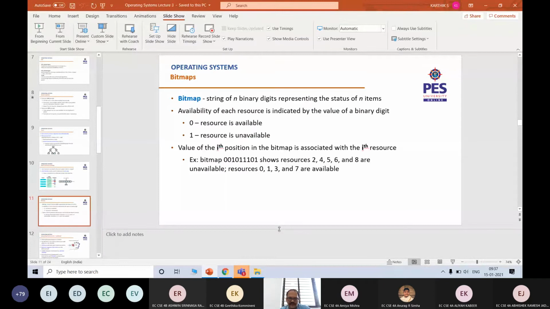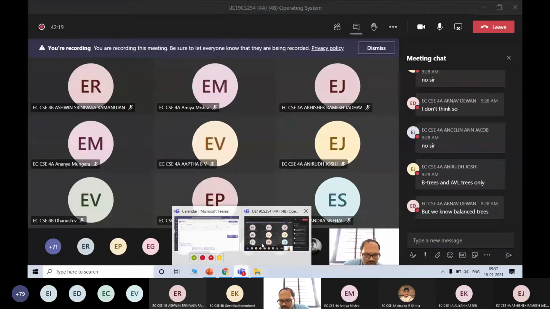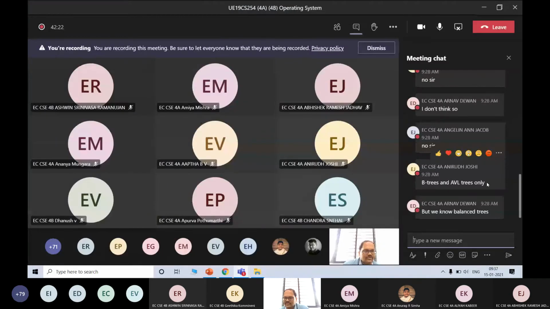So these are the different types of data structures that we need to be familiar with in order to study this particular course. As and when we proceed further to discuss some of the OS implementation algorithms, we will be referring to these data structures. At that point, you should not get a question like, oh, what is a bitmap, I don't remember, and so on. That's the reason why this topic is covered here.